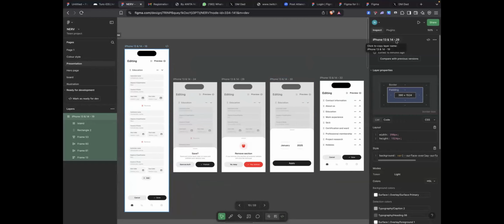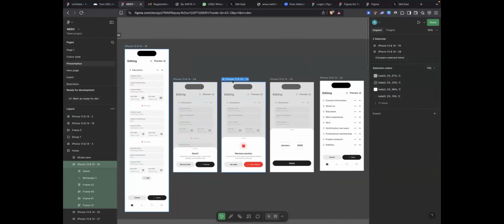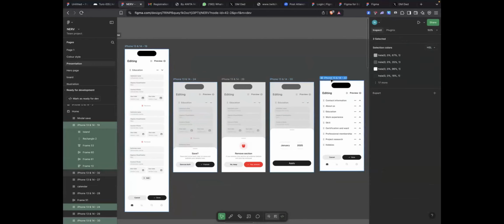Variables are also like designing your design system. I don't know if anyone has a design system here. It makes it easy for you. That's like your primitives and your tokens. The primitive is the main thing, while your tokens are the things that you actually get from a primitive.